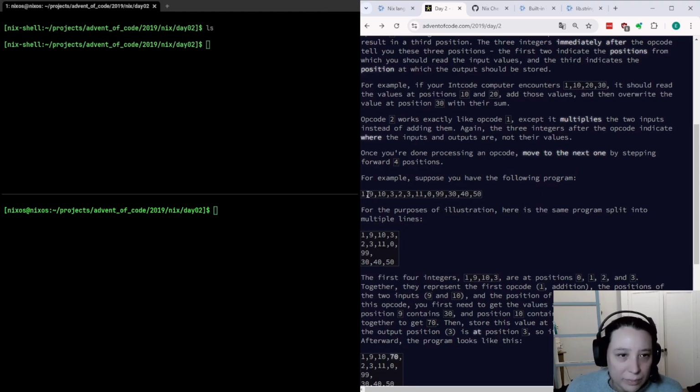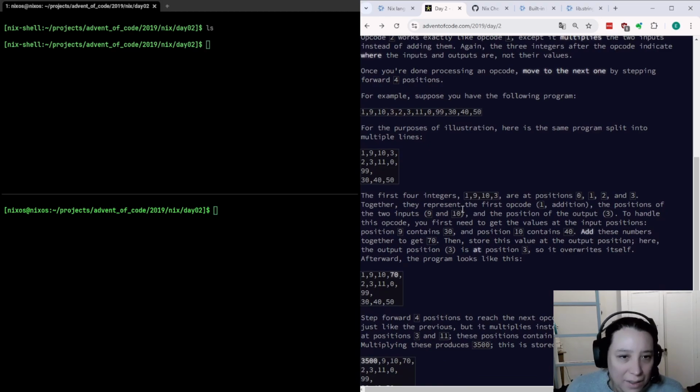following program. Let's look at this. I'm not going to read this out, but here they break it down into fours, except for the 99, because 99 means halt and it takes no arguments. The first four integers, 1, 9, 10, and 3, are positions 0, 1, 2, and 3. Together they represent the first opcode, addition, because of this 1. And the two inputs, these are the positions, 9 and 10, and then the position of the output, which is